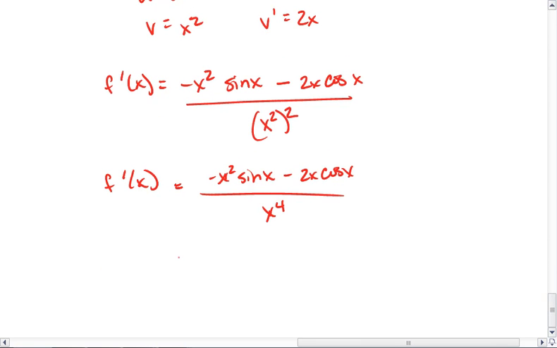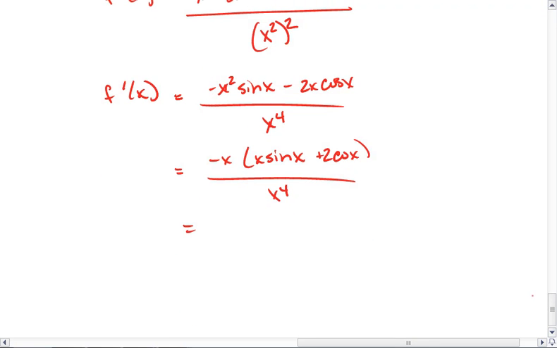I realize I can factor out a negative x from the numerator. Which leaves me with negative x